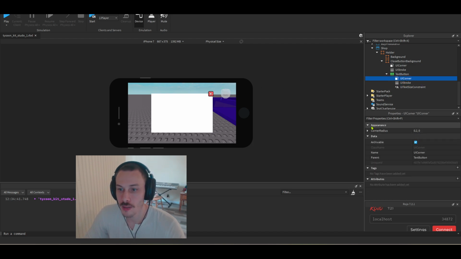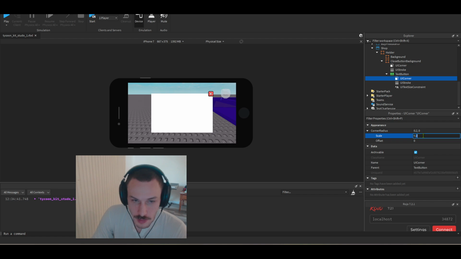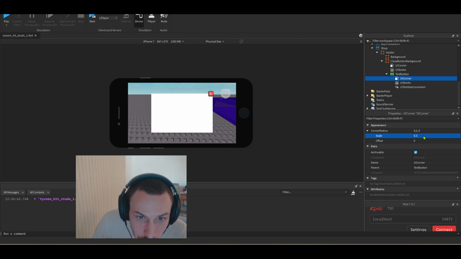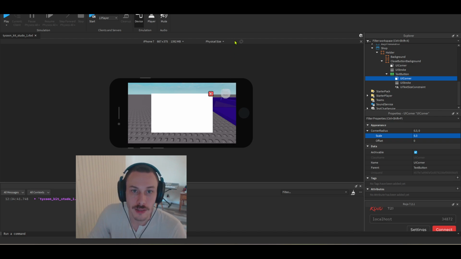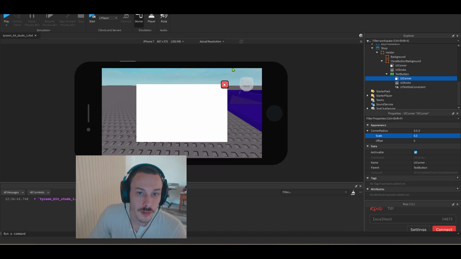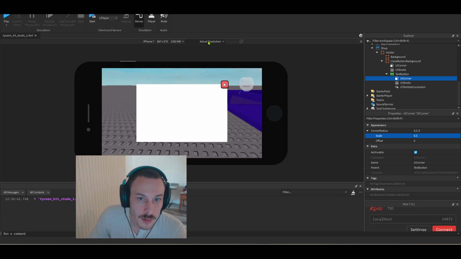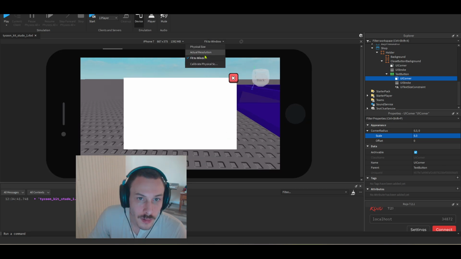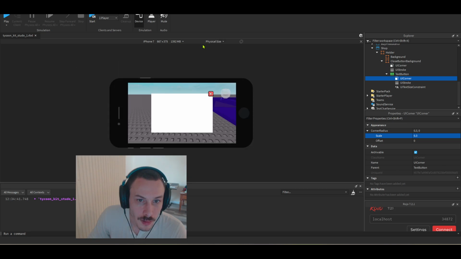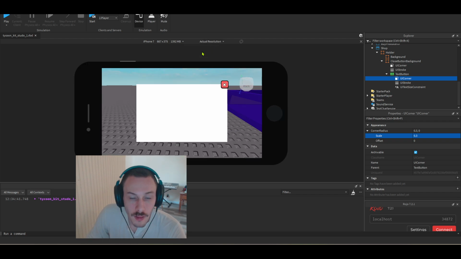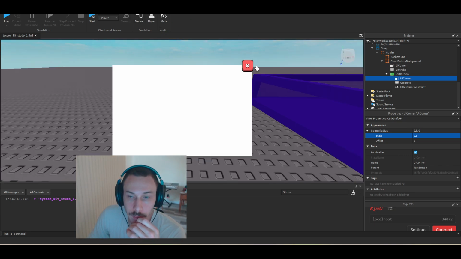Let me try to adjust the radius. I think that might be it. It might be our issue. Is it? I can barely see, so there we go. Physical size. Okay. I mean, it still looks good, so whatever. I'm not worried about it. But yeah, that's the one issue, and then there's